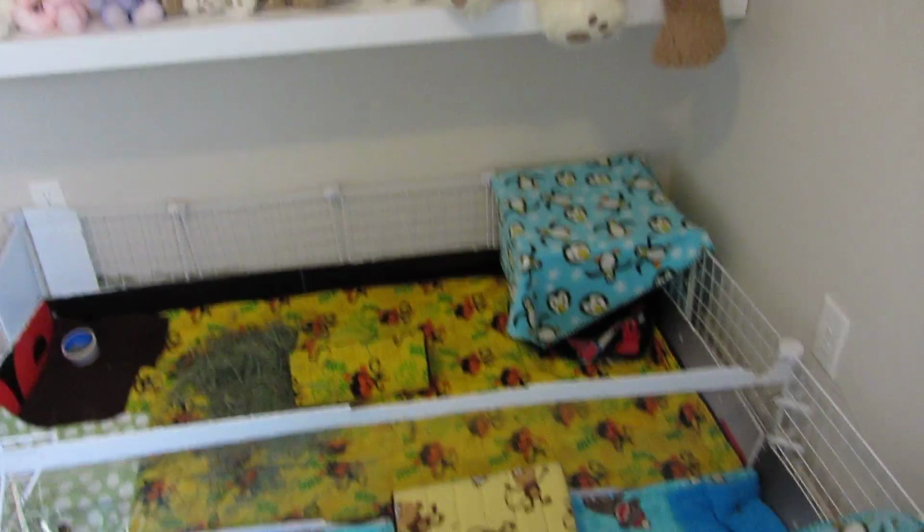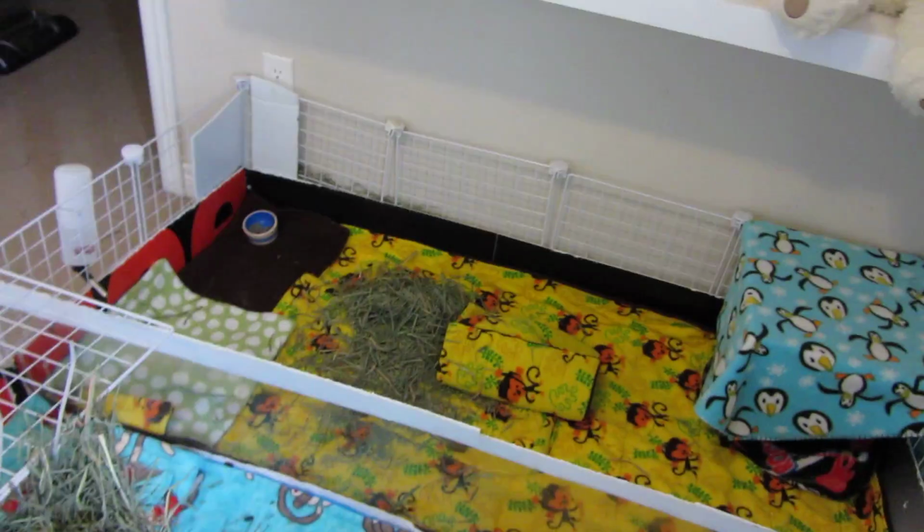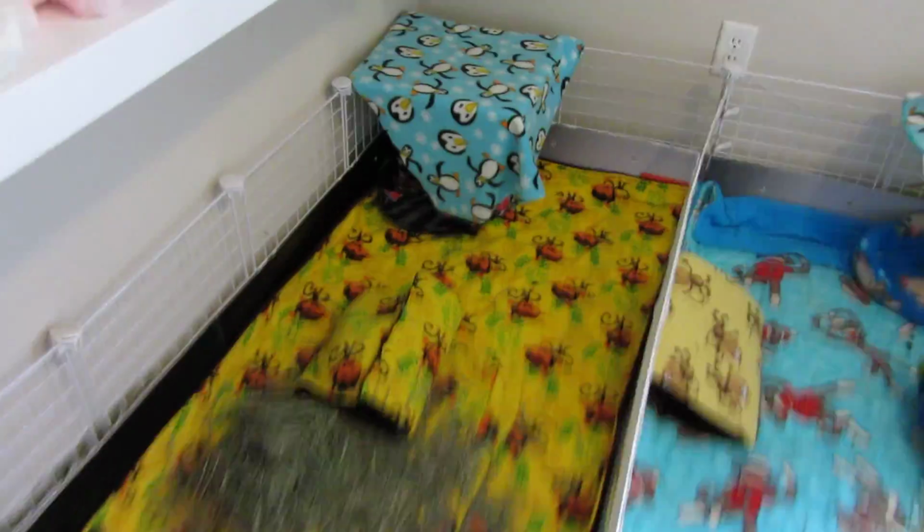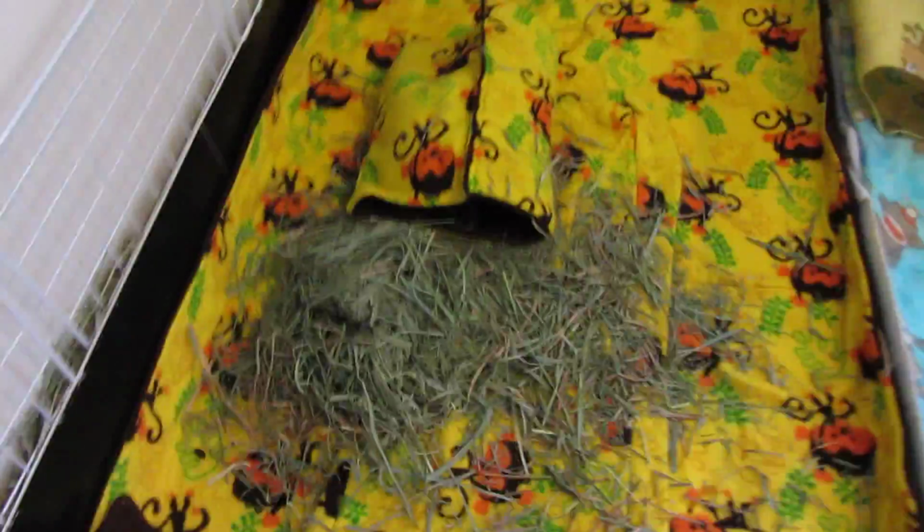I think everybody might be sleeping. Here's Grover's cage. I got rid of his hay rack. It used to be here in